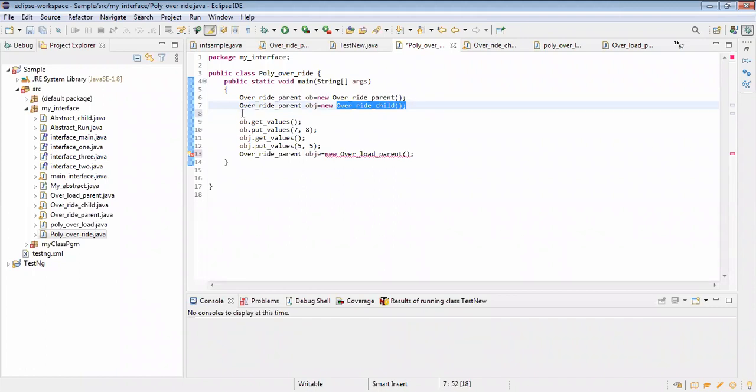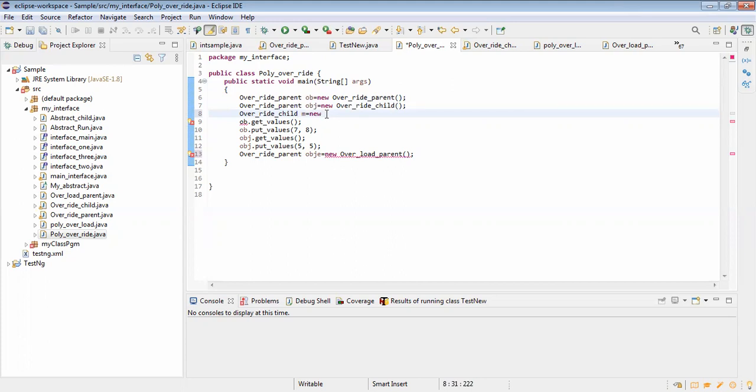Override parent, correct. Before pasting, wait a minute.